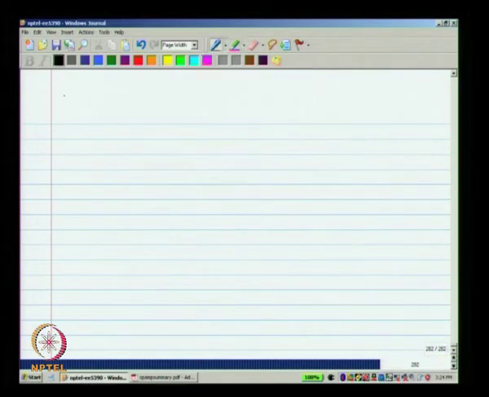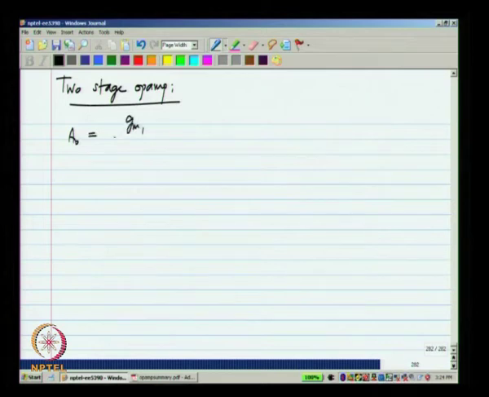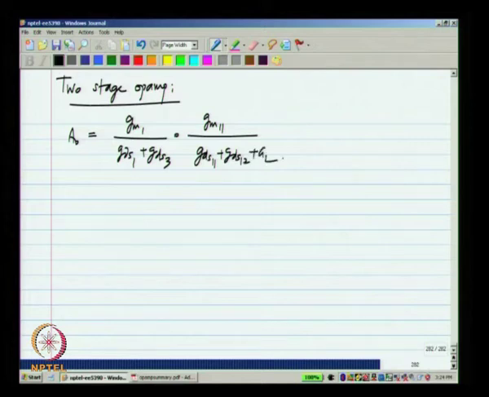So, to summarize, the two stage op amp has a DC gain, which is the product of the first stage and the second stage gain. And the important thing is that even if you have a resistive load GL with a very high conductance, it affects only the second part of this term, and the first one can remain very large. Okay. So, that is how we will be able to operate the op amp with resistive loads.